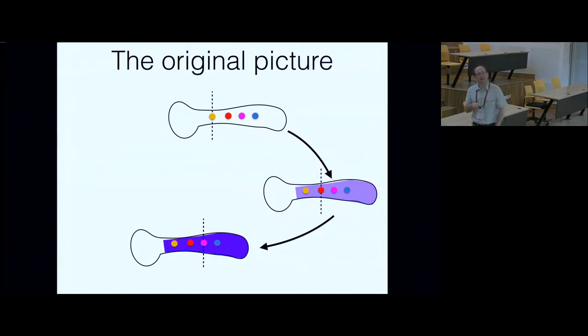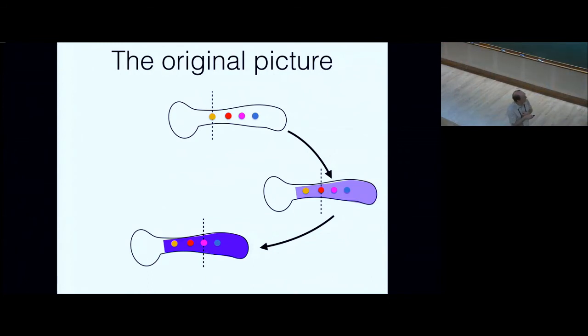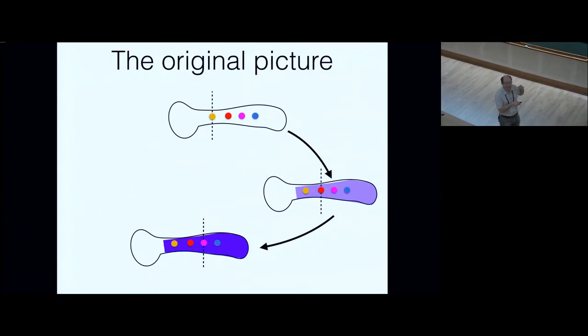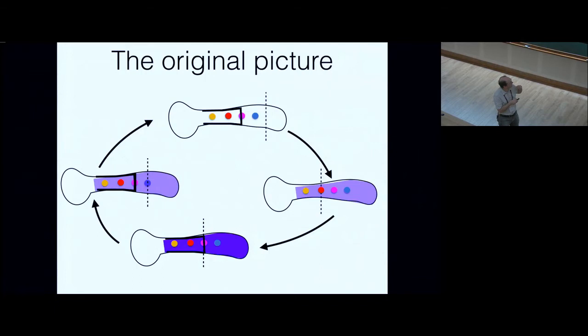And the idea they have is that when you have this linear coordinate and at the same time the high phase of the oscillation, then you're making a segment. And then once you make the segment, you go back, and the linear coordinate goes on. If you do that many times, you have a linear coordinate that is progressing along the embryo. They call that a wavefront. And this wavefront is going to interact with an oscillator, and the interaction between the oscillator and the wavefront is going to create a pattern of vertebrae.